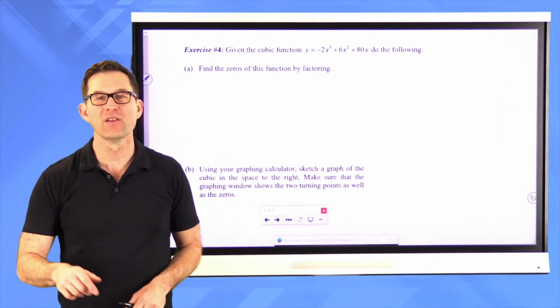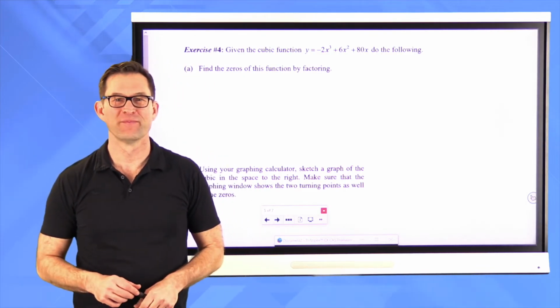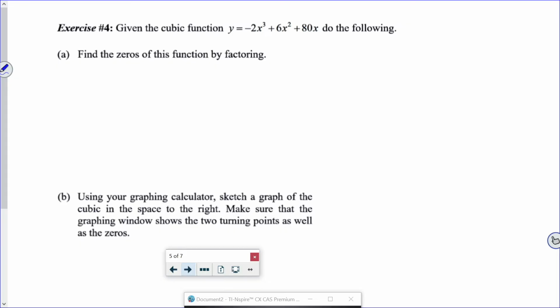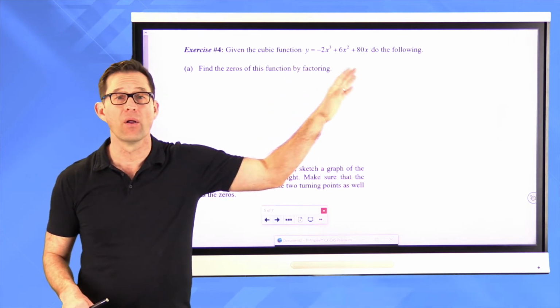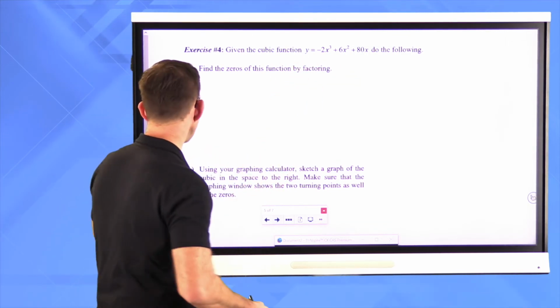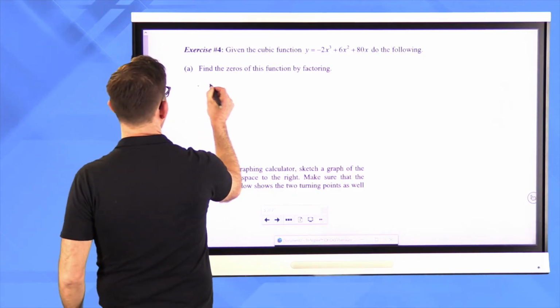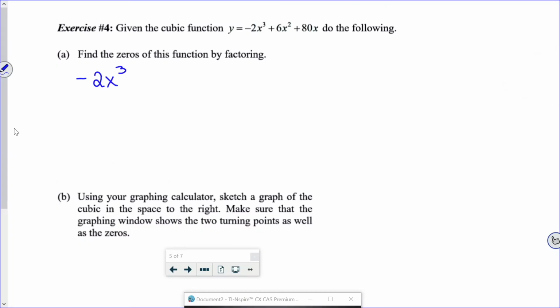All right, let's take a look at another one. Exercise number 4. Given the cubic function y equals negative 2x cubed plus 6x squared plus 80x, do the following. Find the zeros of this function by factoring. All right. Well, here, we've got one that hasn't been factored at all, right? So let's start together by throwing down negative 2x cubed plus 6x squared plus 80 times